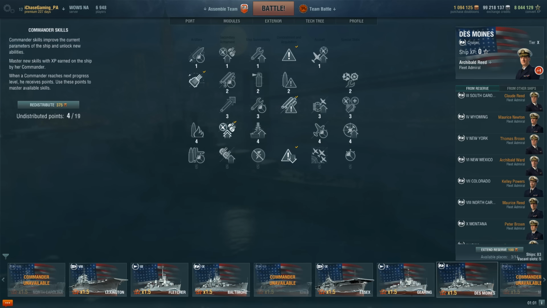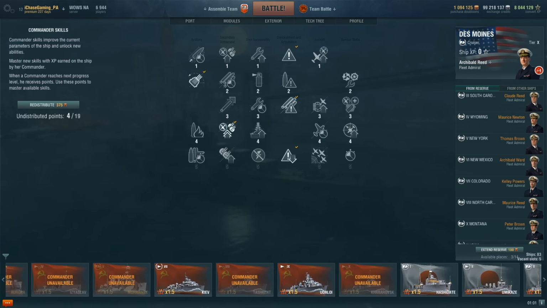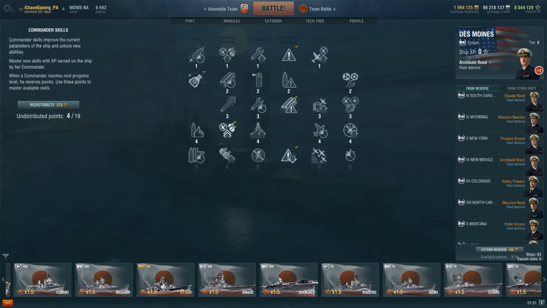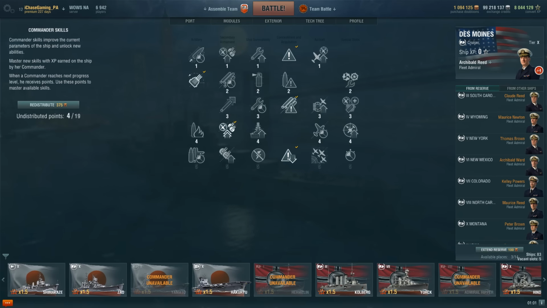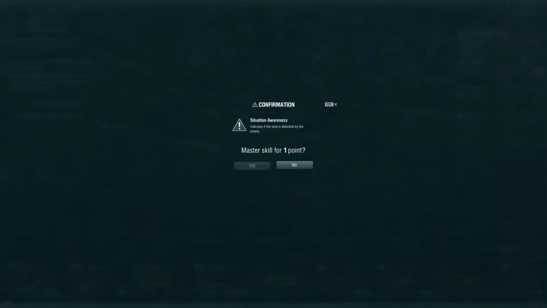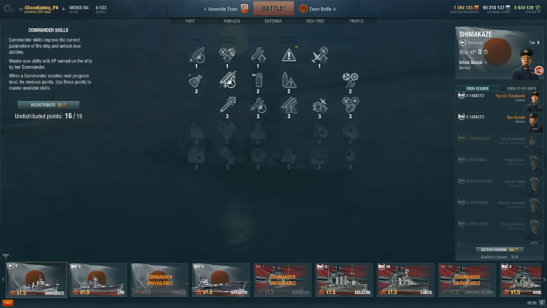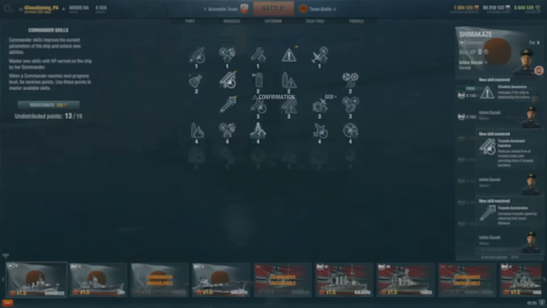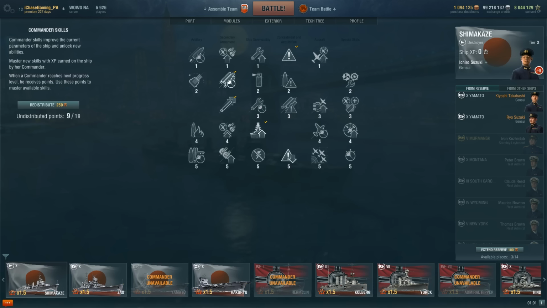If you happen to be in a destroyer, let's say, for example, the Shimakaze, this is how a Shima's captain skills should be set up. There you go, there's my Shima. So if I was on a Shima, I would go Situational Awareness, Torpedo Armament Expertise, and Torpedo Acceleration, just to give the torpedoes that much more speed at a small cost in range, which is really not a big deal. Then I would opt for Survivability Expert, and then Concealment Expert to round out the 15